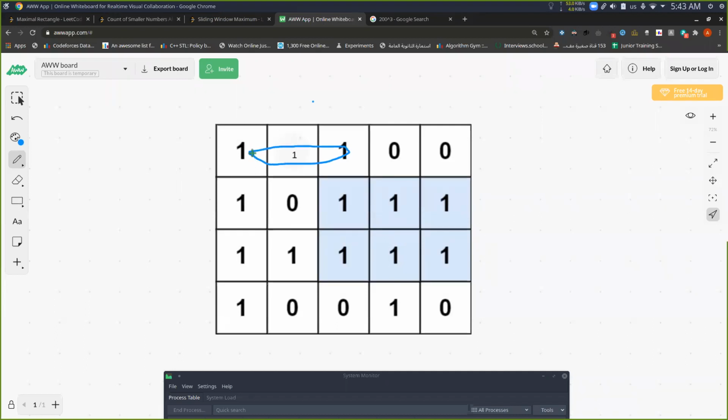So it's optimal to take these 3 ones with us in our first step here. So in our first rectangle, it's optimal to consider these three ones, and then check. We have here a rectangle of size 3 by 1, right? So then we'll store it. We have a rectangle of size 3 by 1, and then we want to look for a better rectangle. We will not look for every other cell, but we'll do something else. We will go down. So we want to increase the height of this rectangle, right? So we will go down,